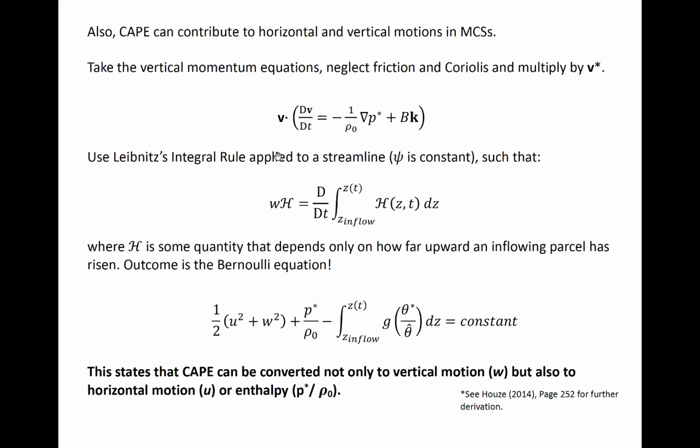We can manipulate the vertical momentum equation also while neglecting Coriolis and friction. I won't take you through the whole derivation here, but you end up with the Bernoulli equation in Boussinesq flow. If you move this buoyancy term, or this integral here, to the right-hand side, what the equation tells you is that along a streamline, the CAPE release can be converted not only to vertical motions like we've thought of before in prior modules, but also to horizontal motions, which is what this u squared represents, and the enthalpy of the fluid, denoted by P naught or P star over P naught. As a result, the buoyantly driven motions are not just concentrated within the updrafts in an MCS, but they're distributed